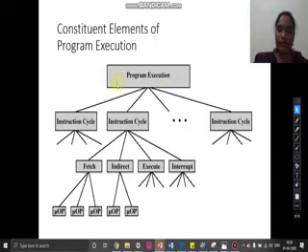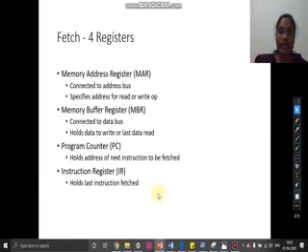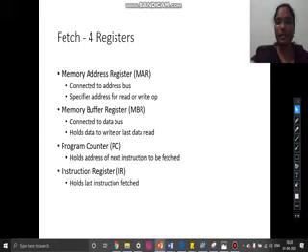This we already know. Every program consists of several instructions, and each instruction has an instruction cycle, consisting of fetch, indirect, execute, and interrupt cycle. And in each cycle we have a sequence of micro operations. So we'll see each cycle one by one and how these micro operations work.